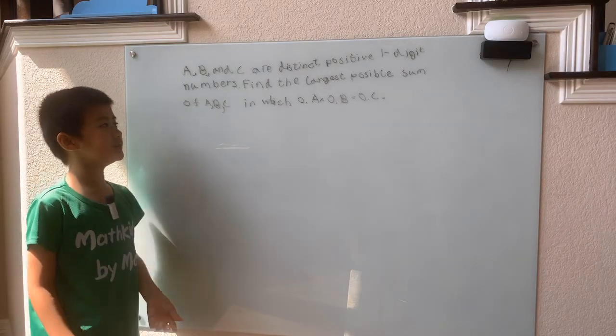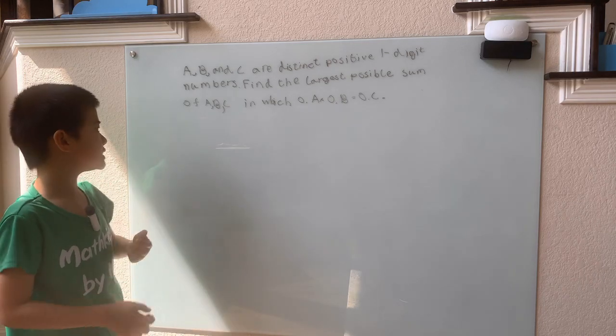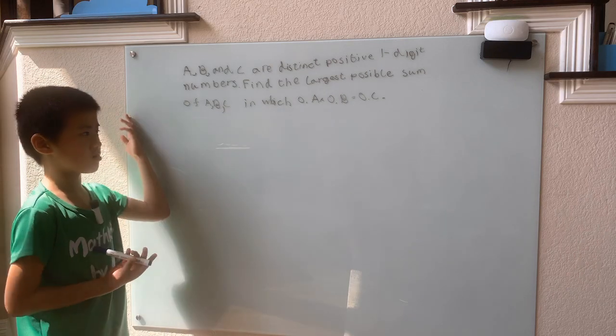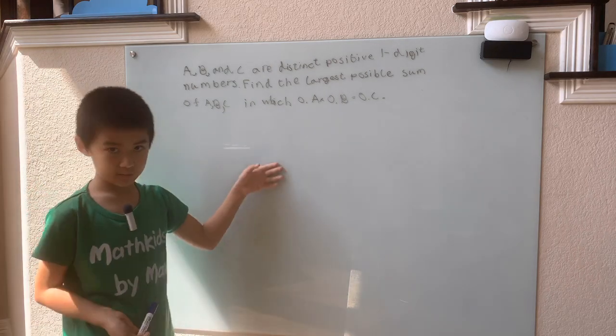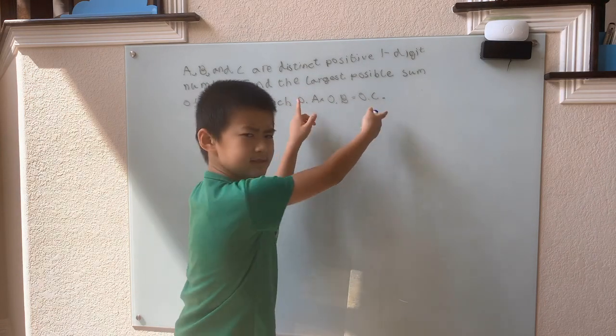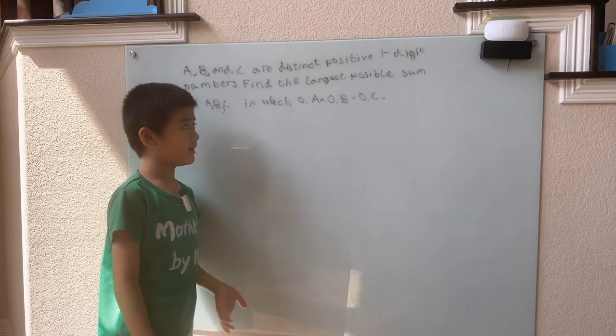A, B, and C are distinct positive one-digit numbers. Find the largest possible sum of A, B, C in which 0.A times 0.B equals 0.C. In this problem, first we see this thing, it's a little fishy because when we multiply 0.A times 0.B,